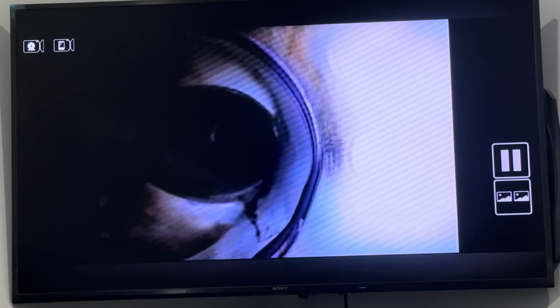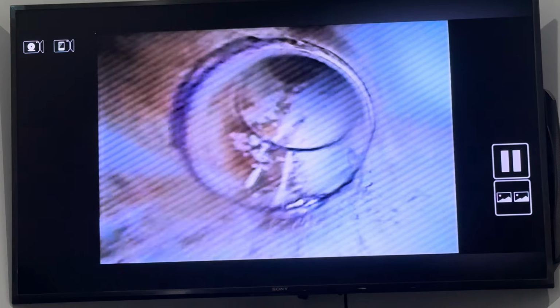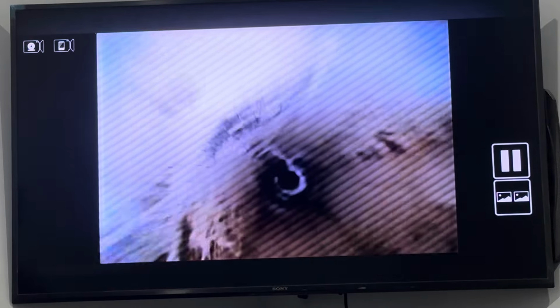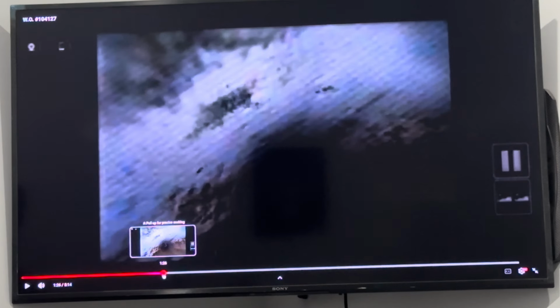Now, as he's pushing through, one of the big things y'all need to be looking for here is, see, his camera is sitting on the bottom of the line right now. But you can see on this line, look at all that debris on the top side of the pipe. That is your instant indicator that this line has constant recurring issues with it backing up. If you're getting dirt and debris building up that high on the line, then this line has an issue. And in this particular location, if you saw that right there,